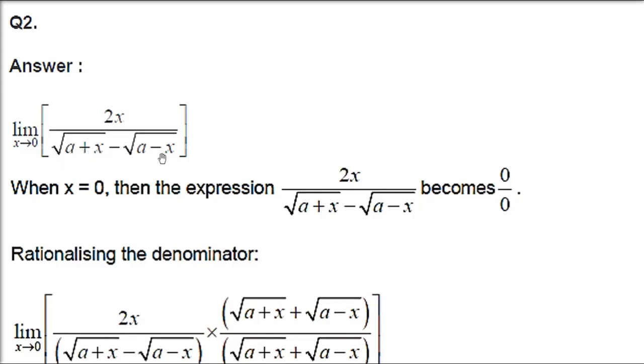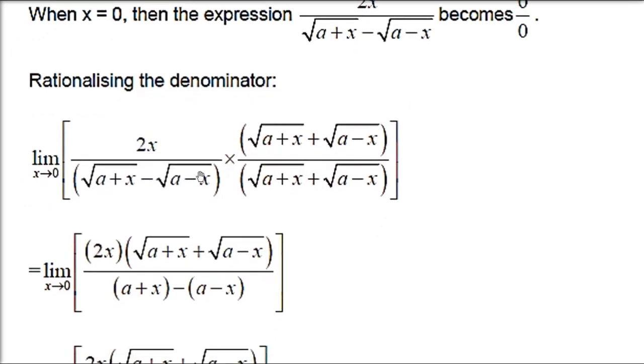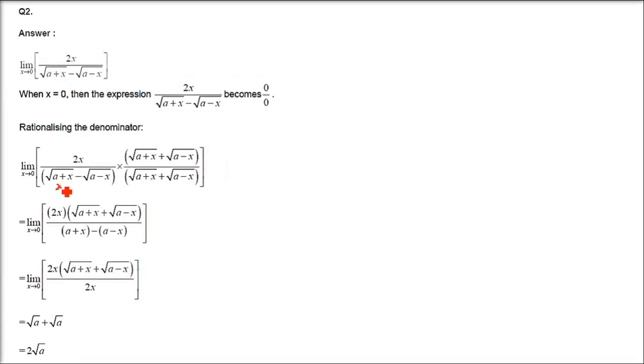Yes, definitely we have a method, that is rationalization. Assume these to be p and q. Apply the rationalization factor: just take the plus sign and multiply it in the numerator and denominator. So you have p minus q, p plus q. Just multiply this, and p squared minus q squared will come.